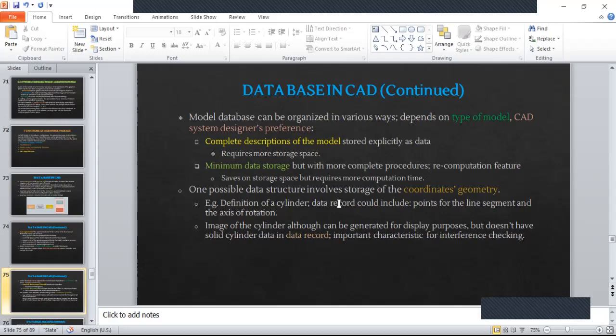So it can be used for display purposes, but cannot be used for interference checking, or all those places where you require that solid model to be there. You cannot use that. That's what we saw.